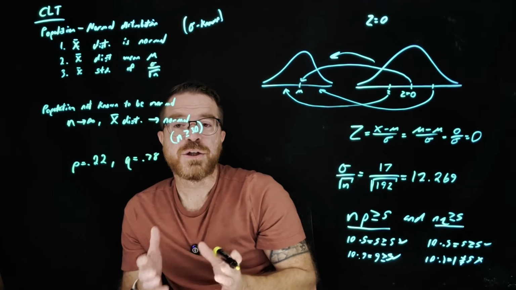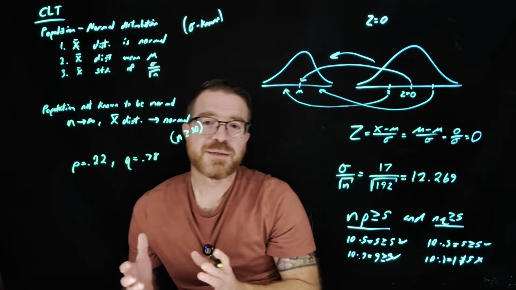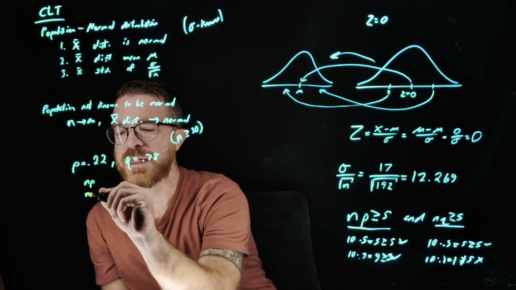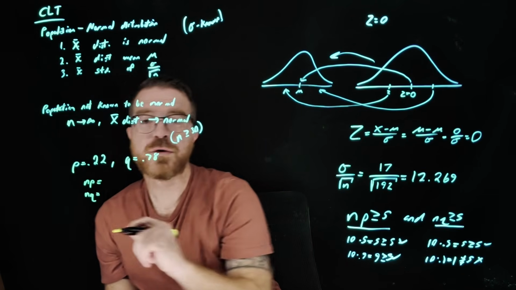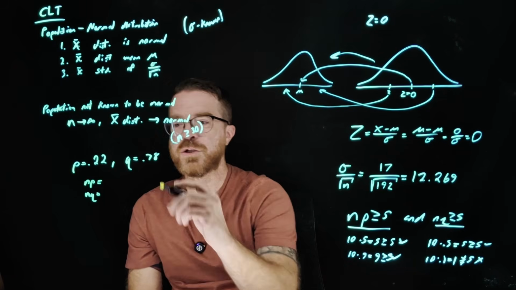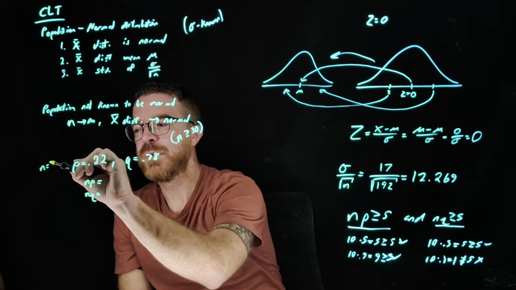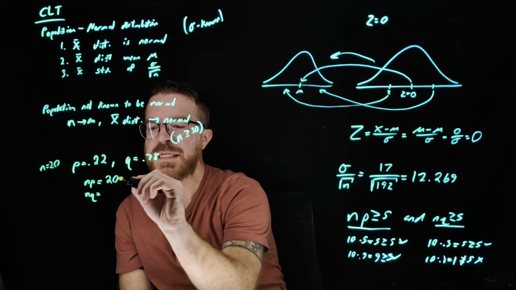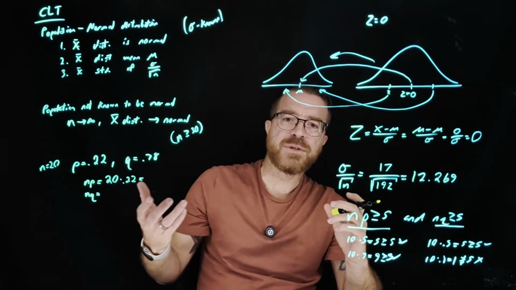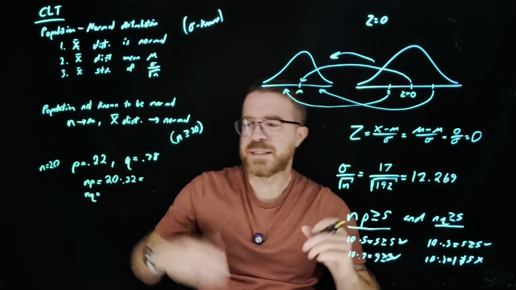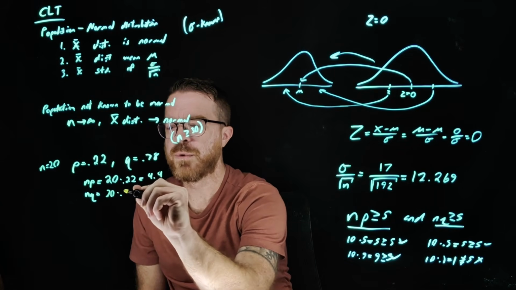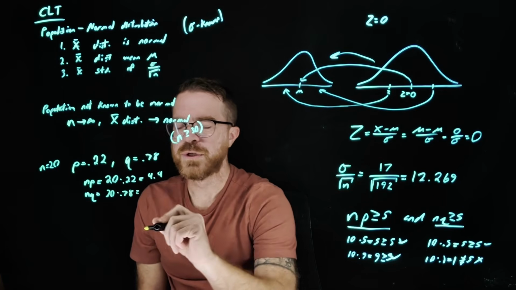The way we check whether we can use a normal distribution to approximate a binomial probability distribution is we're going to use np and nq, and we're going to see if they are greater than or equal to 5. So for np, we said that we were asking 20 adults, so I'll just write that here, n equals 20. So this is going to be 20 times 0.22. So 10 times 0.22 is 2.2, and we got twice that, so this is going to be 4.4. And then nq is going to be 20 times 0.78, which is going to give me